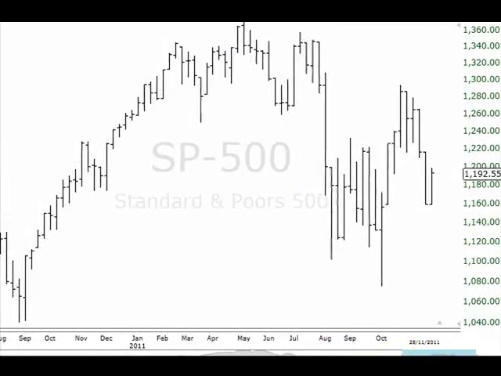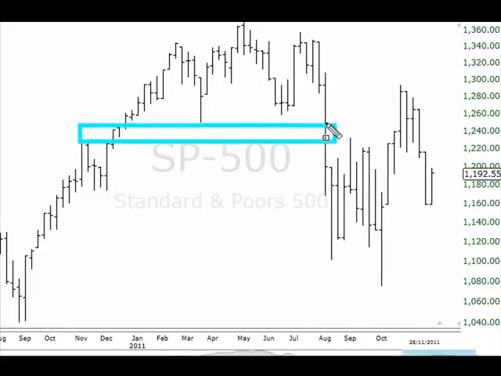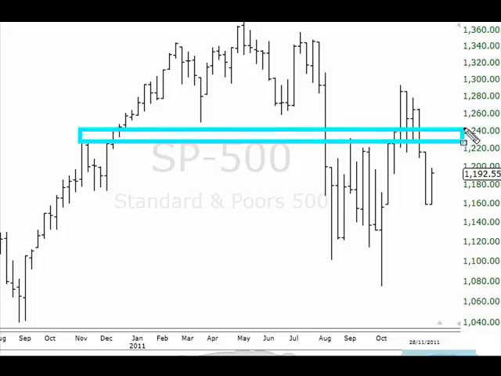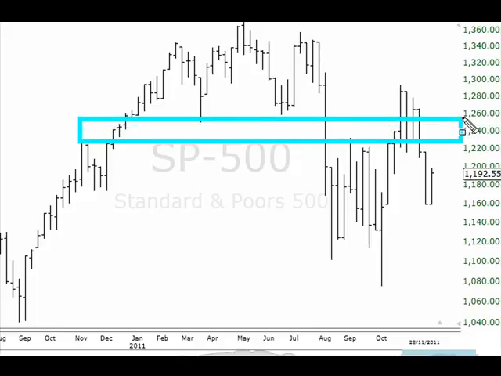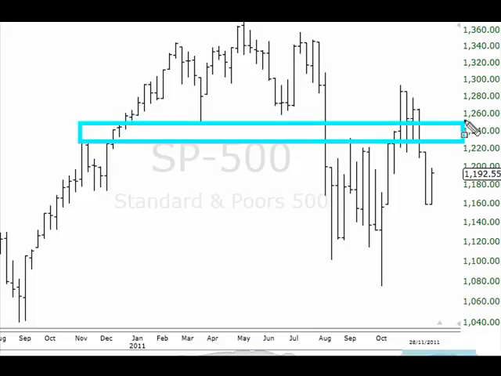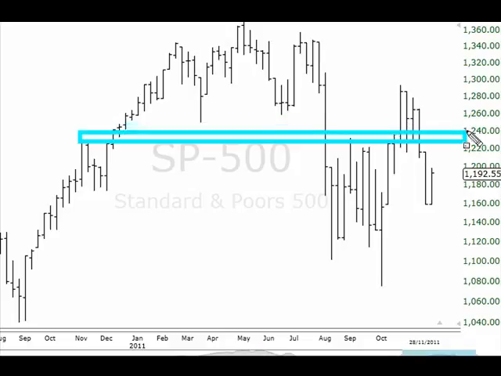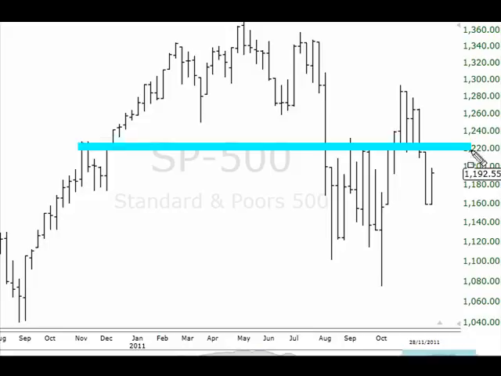We have a major area of resistance through here, okay? If we have a look at this area from here up through to here, this area through here is the troublemaker, so to speak. Yeah, it's actually probably that right through there. That area there is the troublemaker, so to speak, simply because this was the last time it had problems, okay?